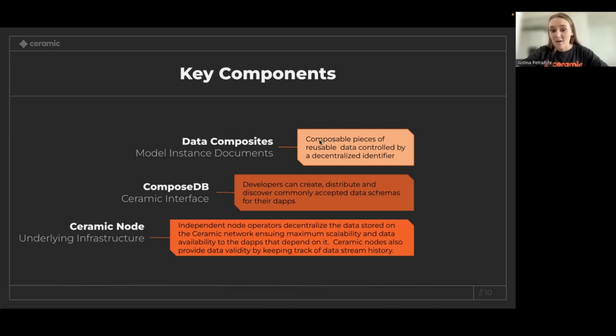And at the very top, we have those Lego pieces, data models that can be combined into composites. A composite is basically a collection of data models that can be used to define the GraphQL schema of your entire application. And as I mentioned previously, everything is controlled by decentralized identifiers in terms of what kind of data will be stored there.